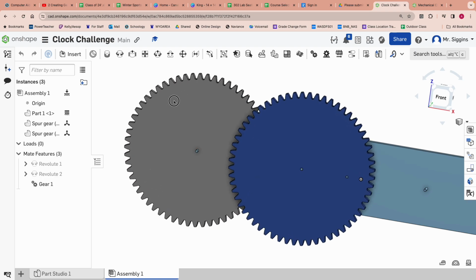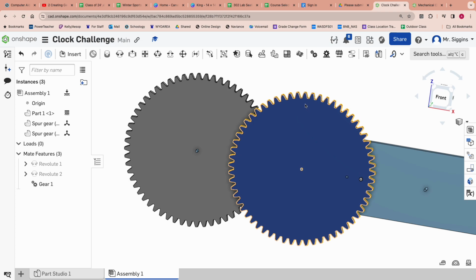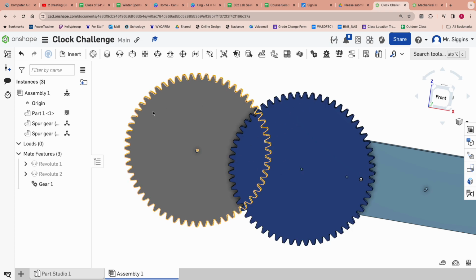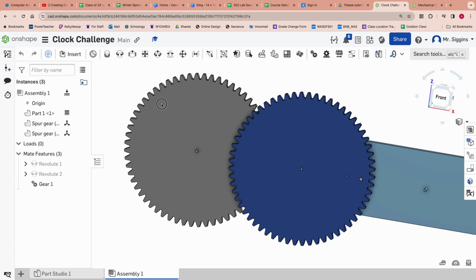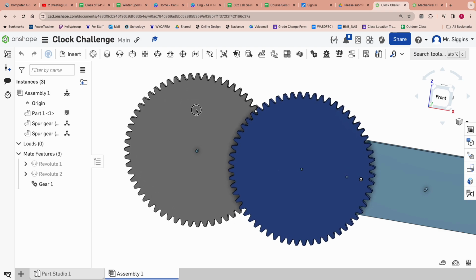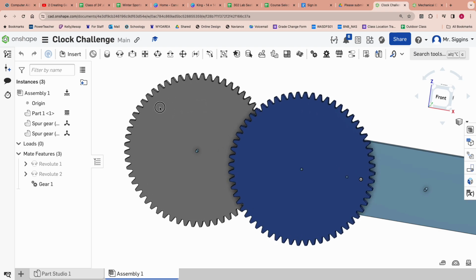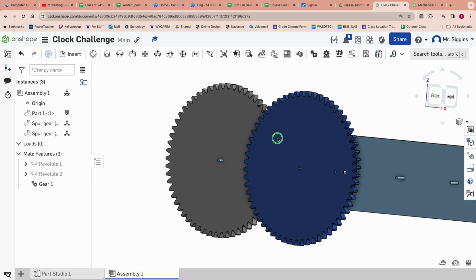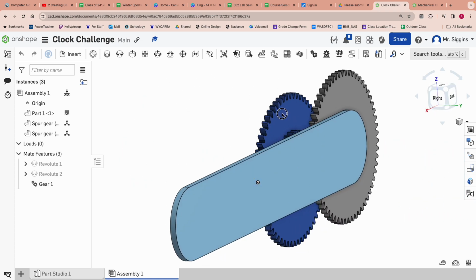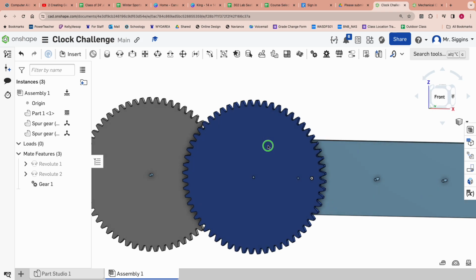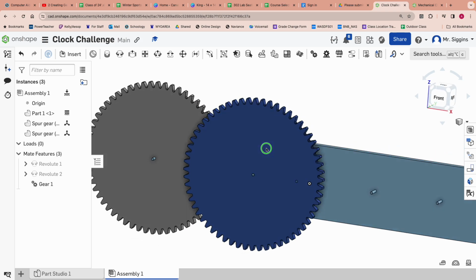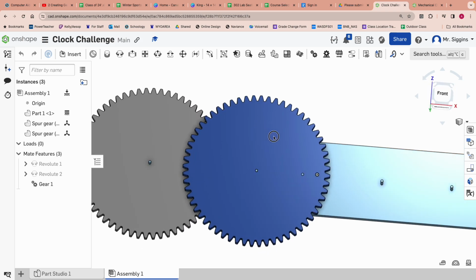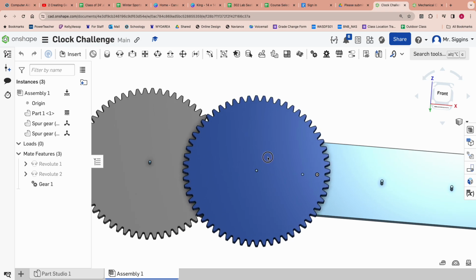So for every revolution the gear on the left makes, the gear on the right makes 2, which is why you'll see the speed looks kind of doubled up. All right, so we just doubled up on the speed between those two gears. Even though these two visual gears are different sizes, that smaller gear in the back is what's changing the speed by 1/2 or is being doubled depending on the order you're driving it. So again, for every revolution the one on the right makes, the one on the left